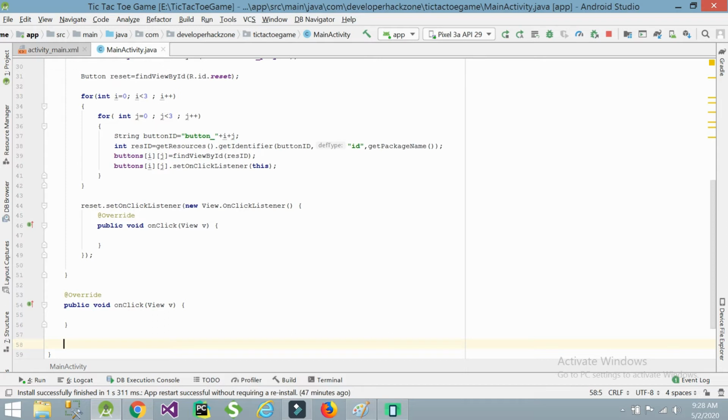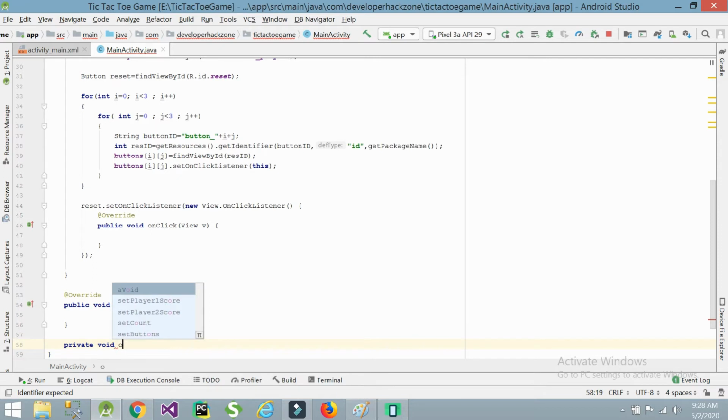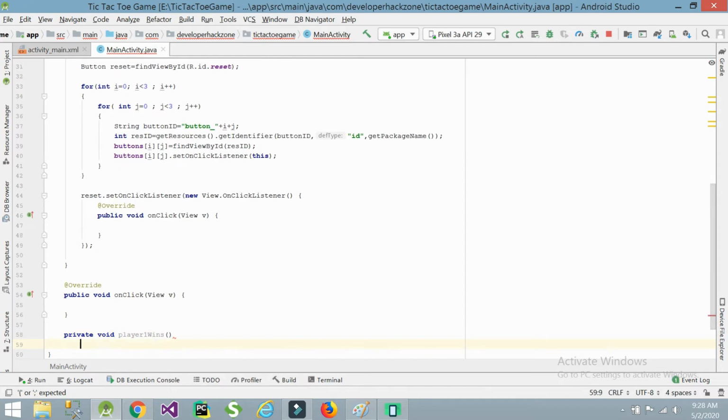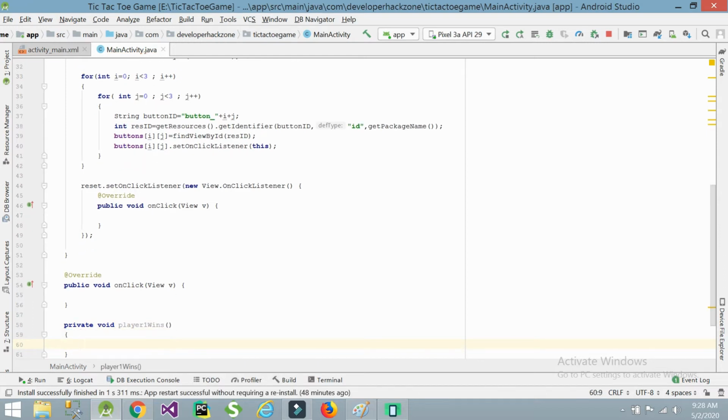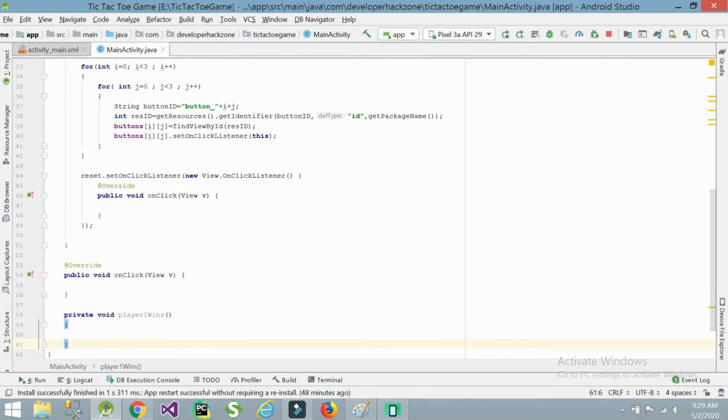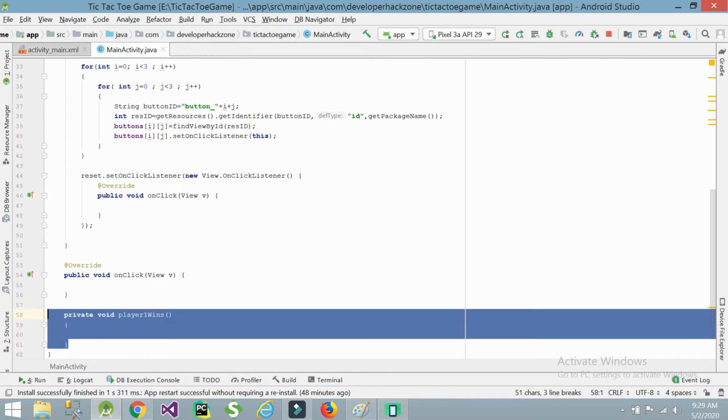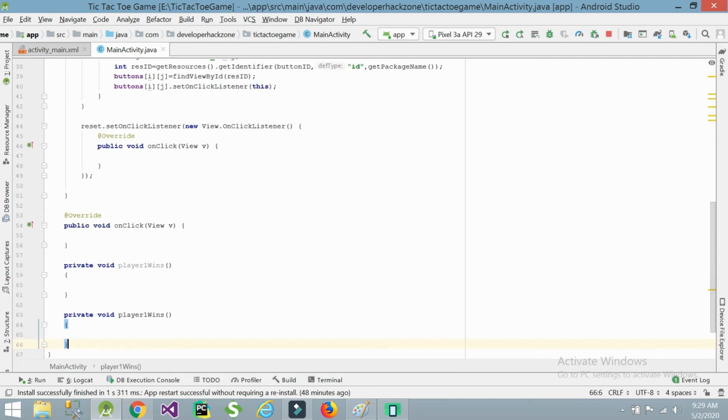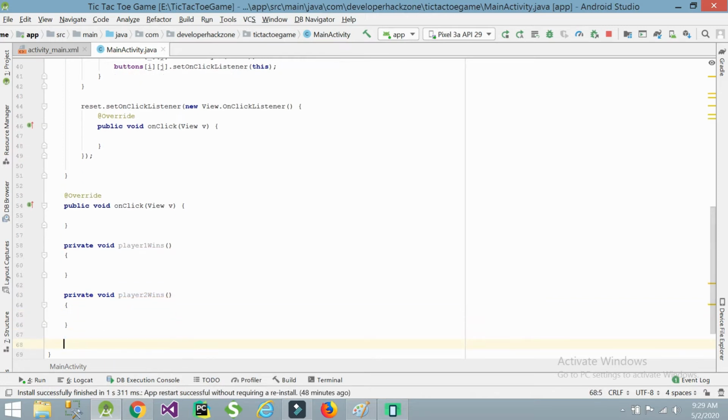First we will do that. If player 2 wins, otherwise the match is a draw.